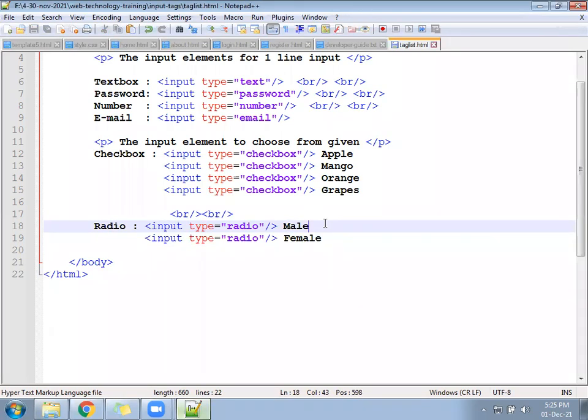You will select both as of now. We have to apply some property to keep the limitation. The user should not select multiple. The user should select anyone.